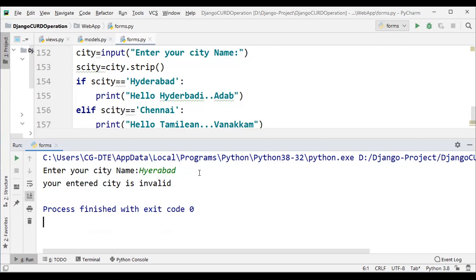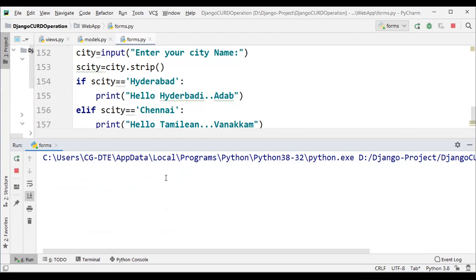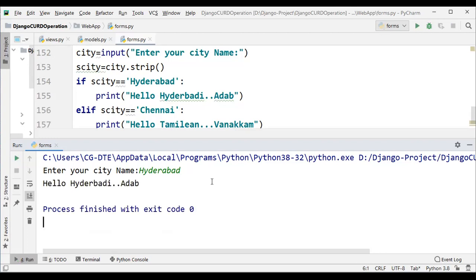Hyderabad, D is missing, sir. My mistake. Okay. Hyderabad, right now. Hyderabad, spaces, enter. Hello Hyderabadi, adab.